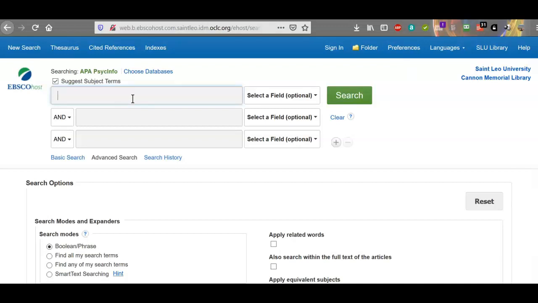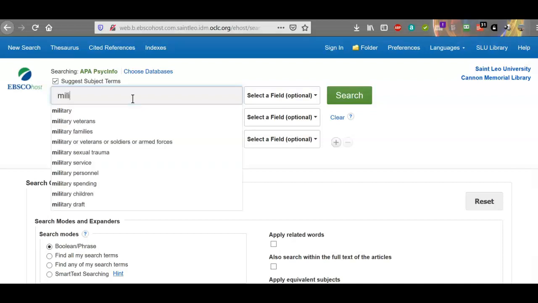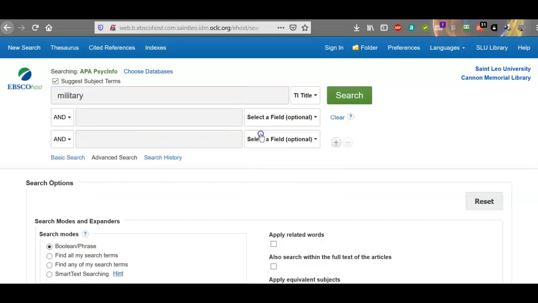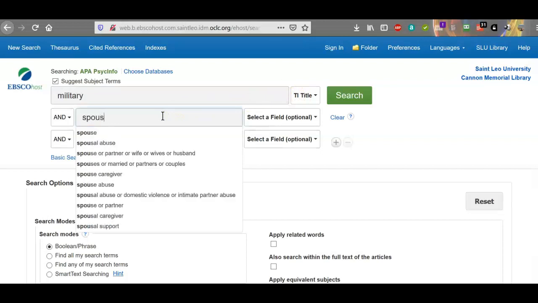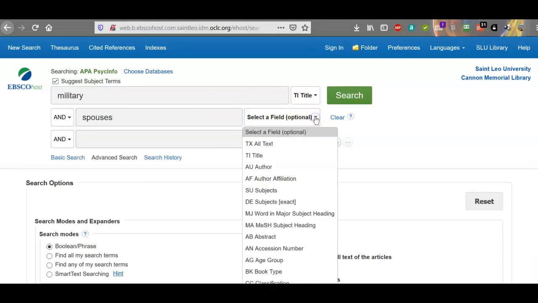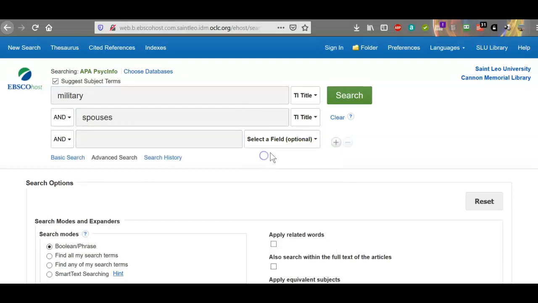So here's what you do: military. And we want that in the title. So we come over here and pick that, military in the title. Spouses, and we want that in the title. And let's just say also